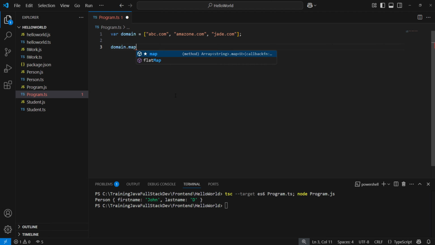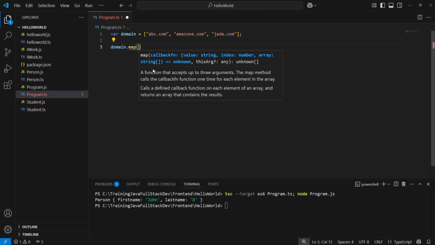Just use the map function from the array, and inside the function you see that we need